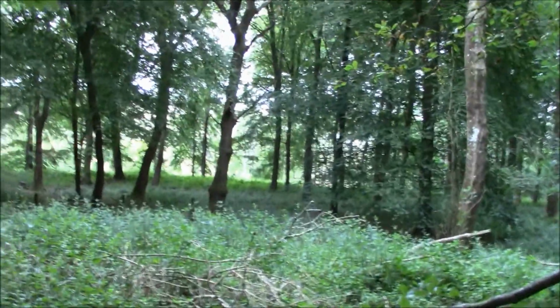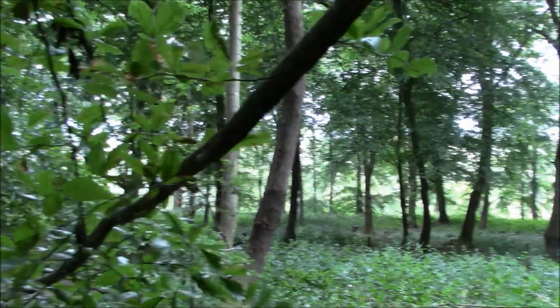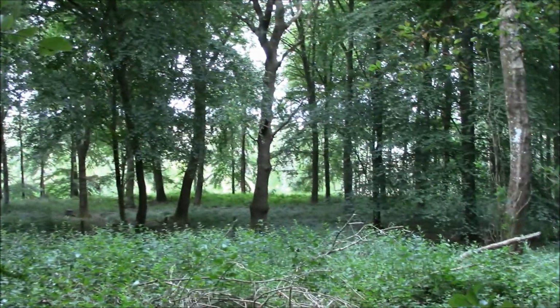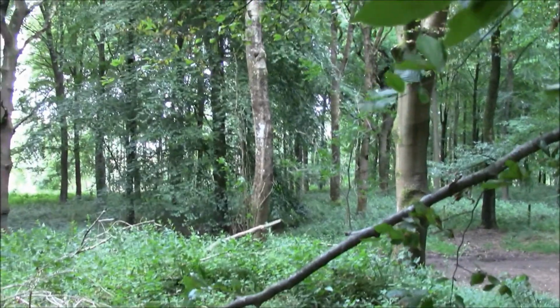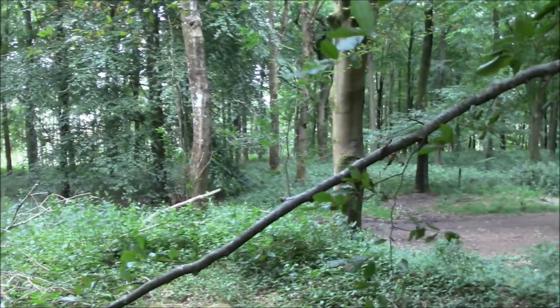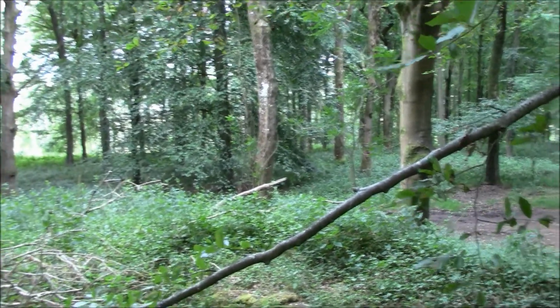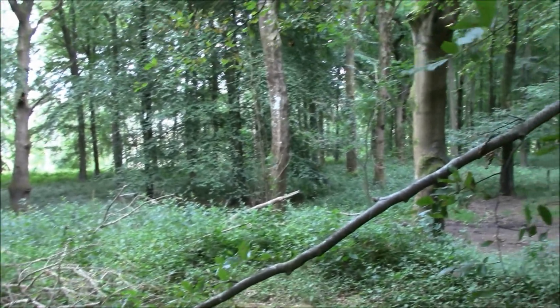So when you get up here, obviously there's a lot of trees in the way, but these trees wouldn't have been here when this was being used. This was around about the height of the Mitchell Grove estate, so when King Henry VIII would come down and visit and stay in the Mitchell Grove manor,